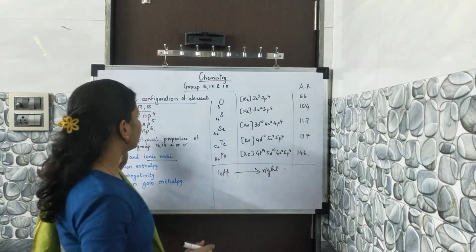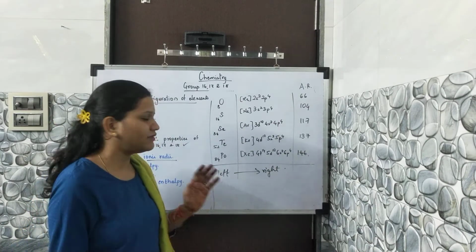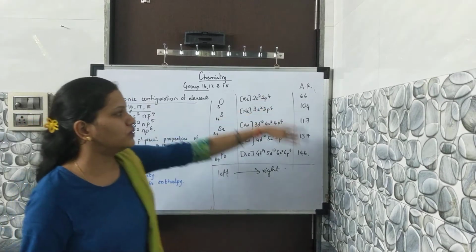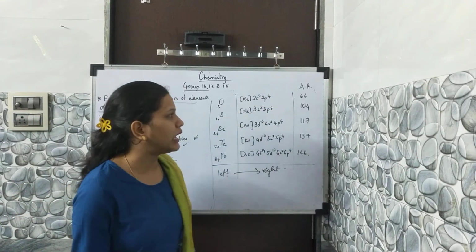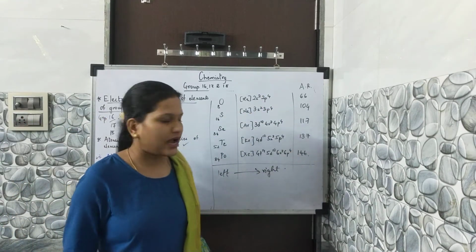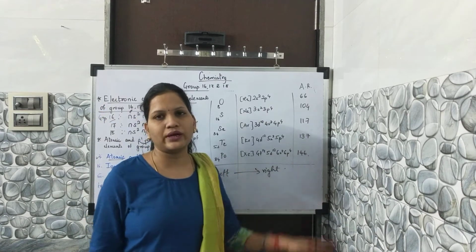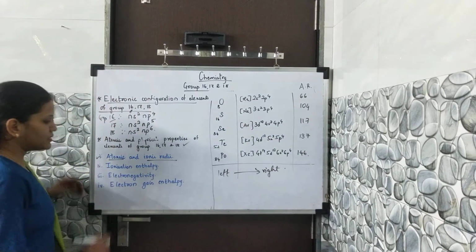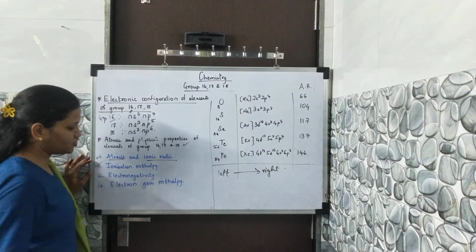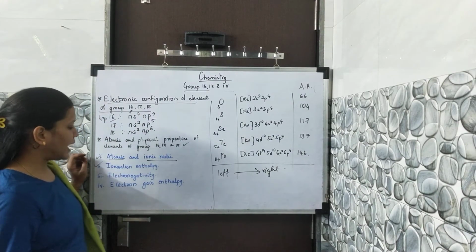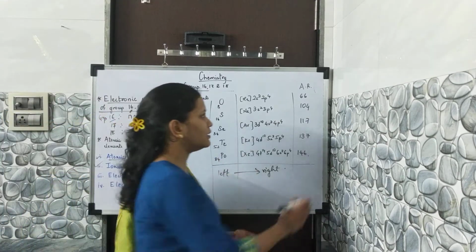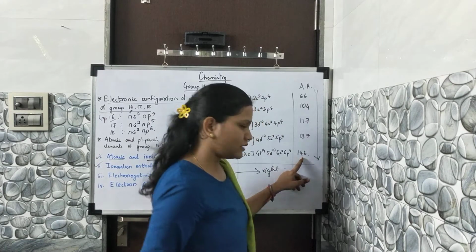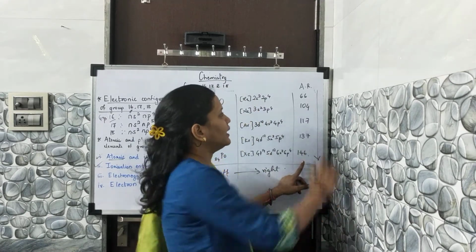For groups 16, 17 and 18, basically down the group the atomic and ionic radii increase, and for the period from left to right the atomic and ionic radii decrease. Next is the ionization enthalpy. When it comes to ionization enthalpy, again we look at the atomic and ionic radii. As the atomic radii increase down the group,